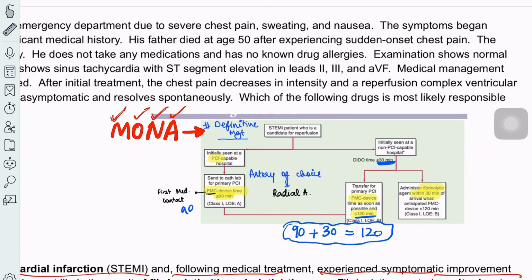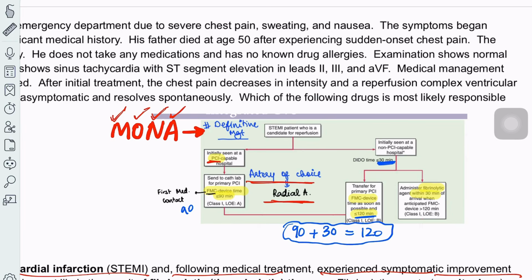So for definitive management, we have to look at the first medical contact time. If the first medical contact time is less than 90 minutes, then we do a percutaneous intervention, and the artery of choice for that is the radial artery. But if the hospital does not have PCI facility, then we have to